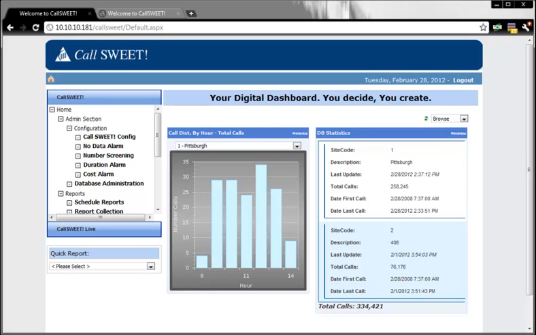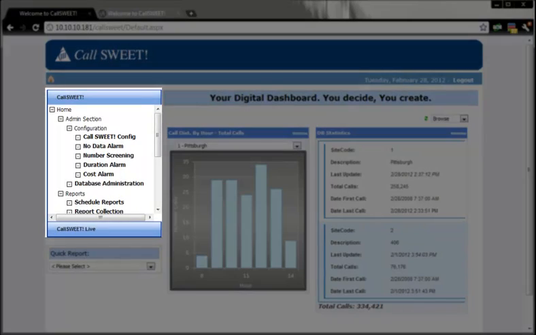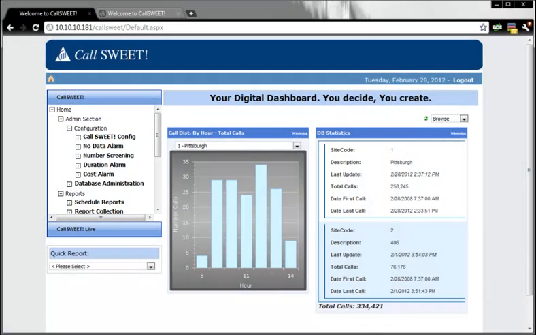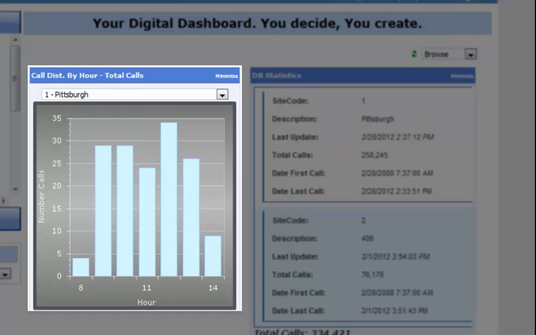What we will find on the home page of the web interface is that all of the navigation through all of the components will be listed in the menu to the left. On the right, we have some at-a-glance information under what we call the digital dashboard. The graph in the middle represents the total number of calls that occur each hour throughout the day. The graph will update throughout the day and reset at midnight, so you will only see the current day's call